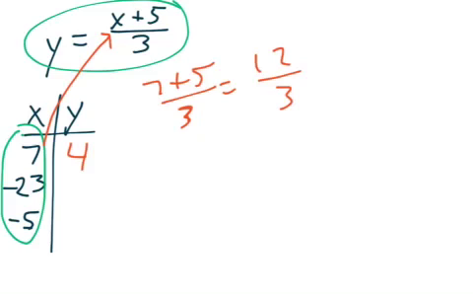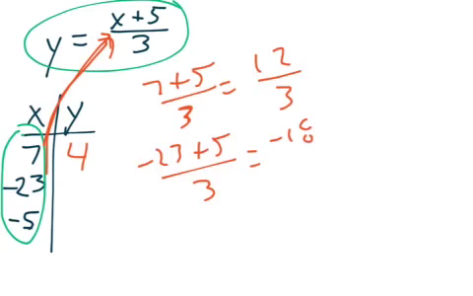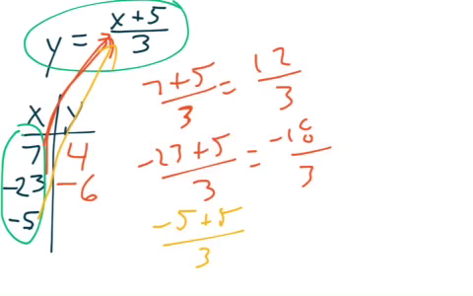Let's do it now with a negative 23. So we're going to take negative 23, in other words, we're now going to plug that in for x. So negative 23 plus 5 divided by 3. Well, that's negative 18 divided by 3, which is negative 6. And finally, let's use a different color here. Let's take negative 5 and plug it in. Are we not going to get negative 5 plus 5 divided by 3, which is 0 divided by 3, which